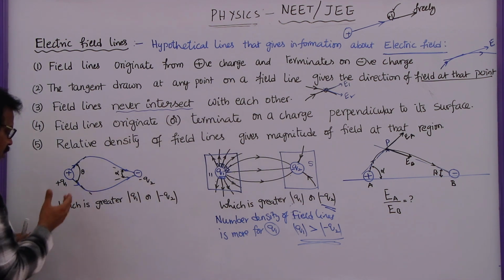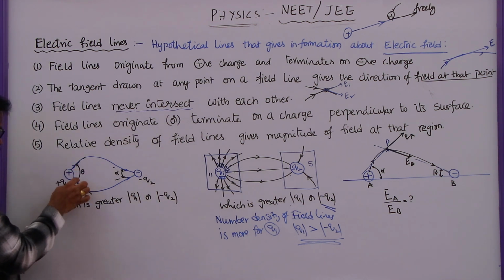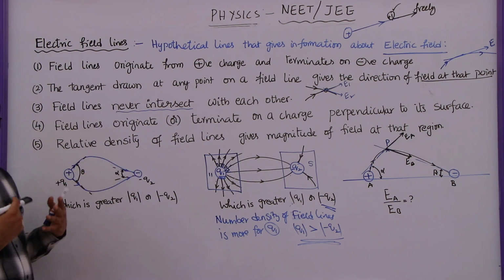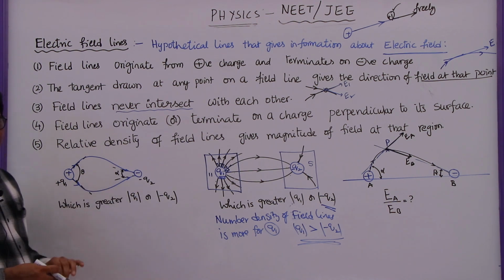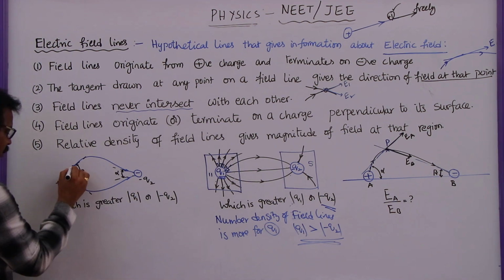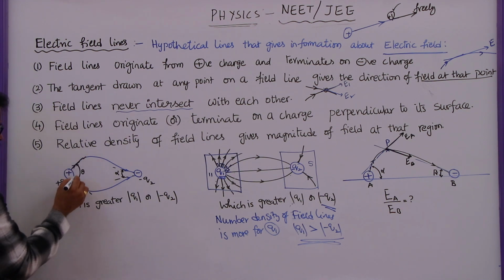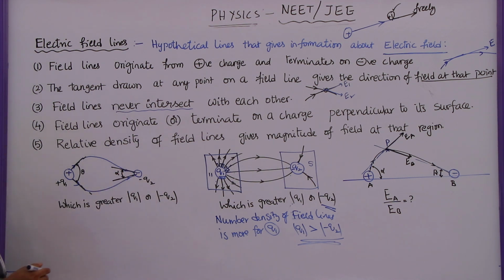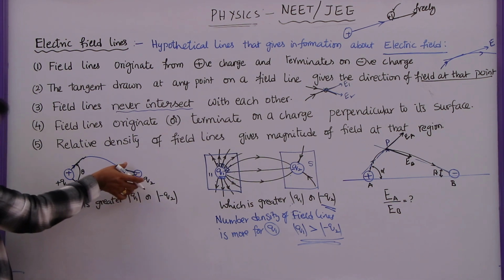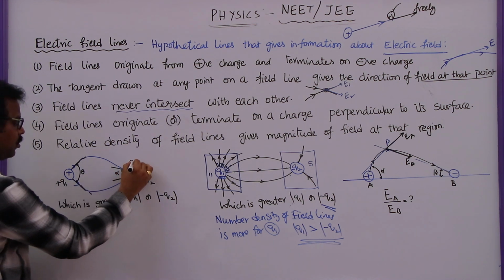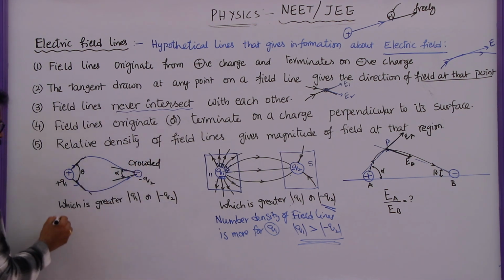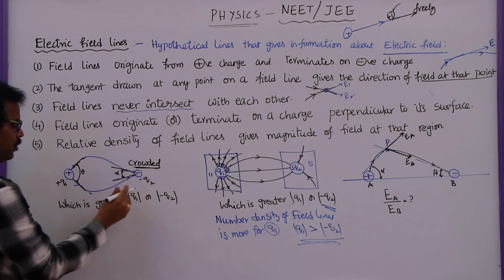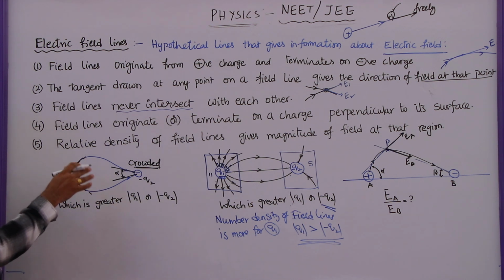But in this region, if you observe this diagram, only two lines are shown in this diagram. So based on this one, we cannot decide which is bigger here. But what we can say here, the angle made by this one is bigger than the angle made by these lines on this charge. That means when the angle is less, the lines are crowded together. So here crowded together, but here they are moving away. So whenever the lines are crowded, the angle made by the lines at that point will be less.